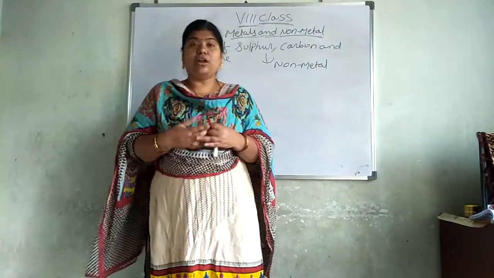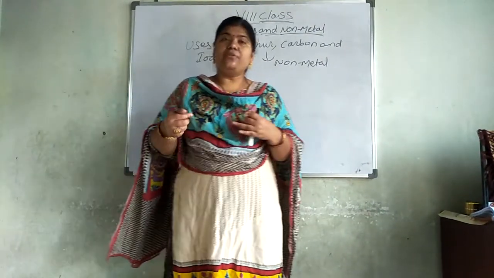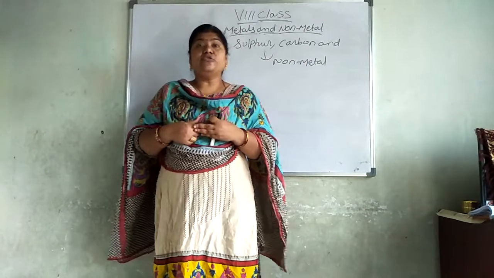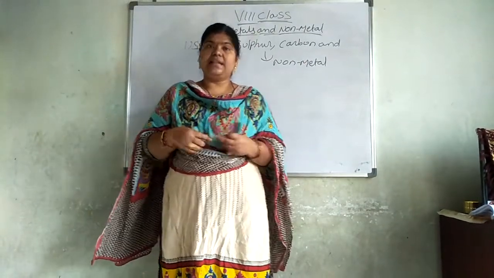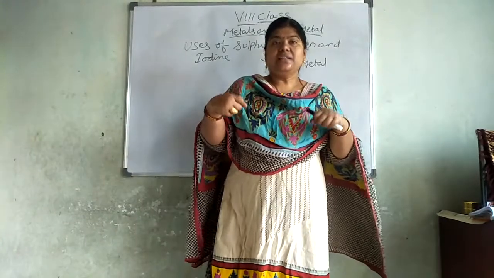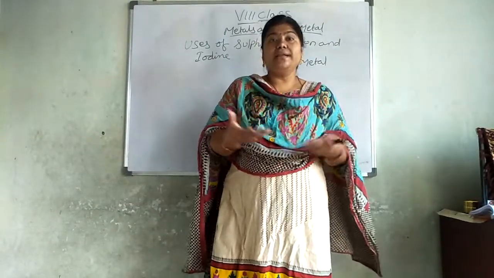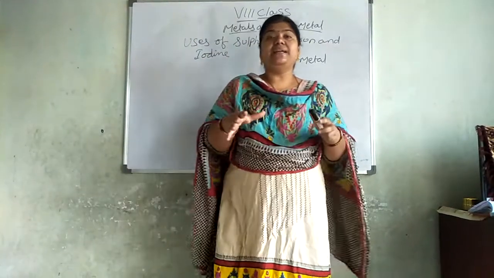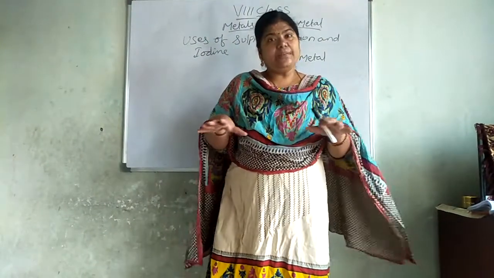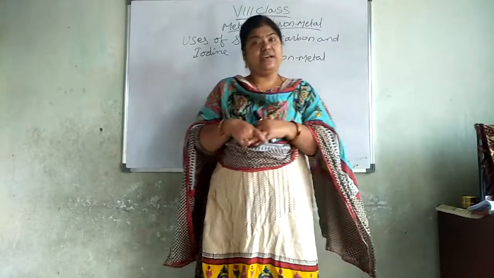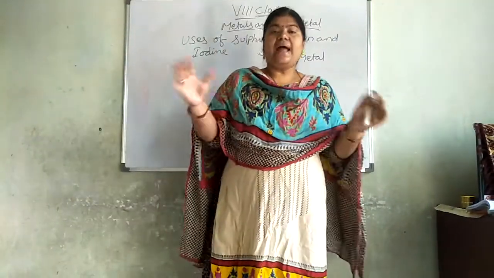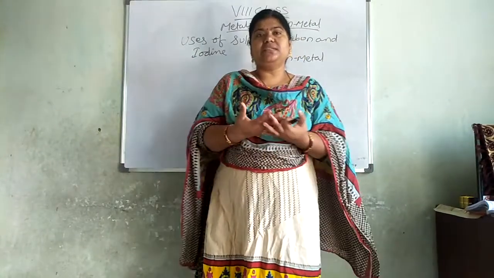Without that we cannot buy anything. That is also made with metals like aluminium and copper. Next, we use automobiles like bikes, cars, aeroplanes, lorries, buses, everything. There you can see that metals are malleable and ductile, meaning they can be made into wires and sheets, and with that only they prepare mobiles.